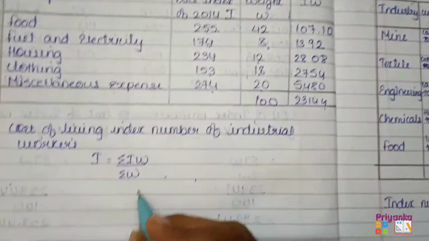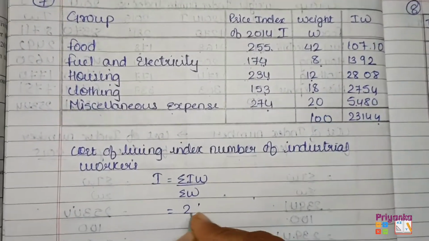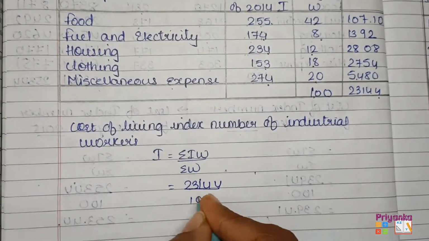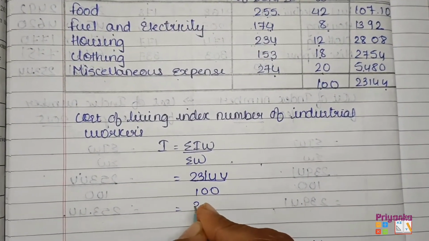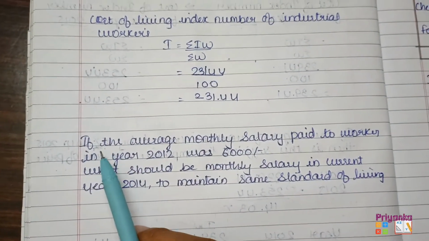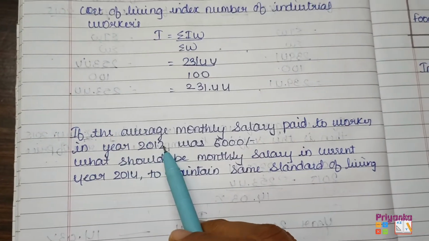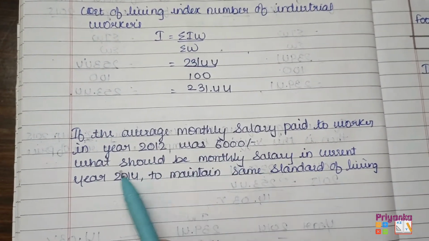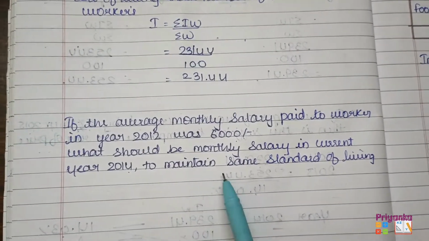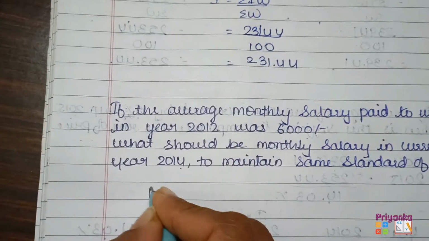After getting it, take them to the formula, that is 23144, and the total of weight is 100, and here we get 231.44. Now the other given information in the question, that is, if the average monthly salary paid to worker in the year 2012 was 6,000, what should be the monthly salary in current year 2014 to maintain the same standard of living? So here we'll take base year,